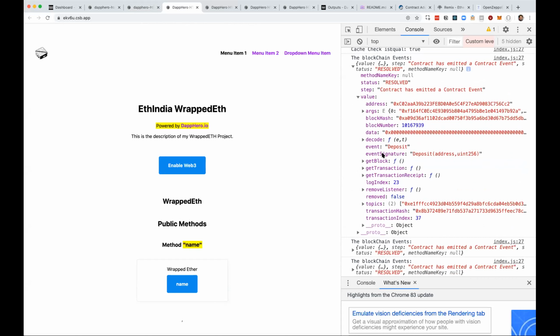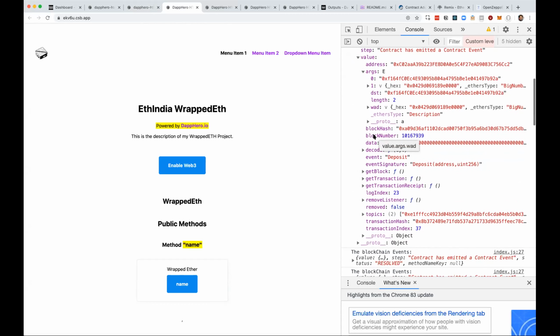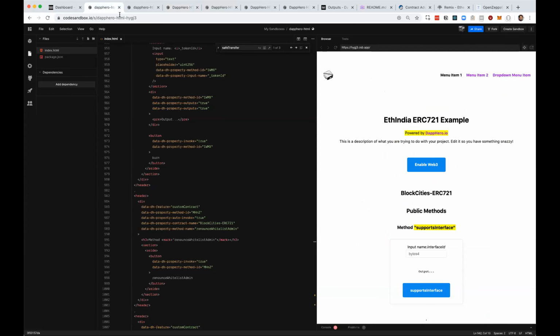We'll see that the event was deposit. So somebody deposited money into wrapped ETH. And these are the actual arguments, which is the address that deposited and the amount that they deposited as a big number instance, right? So this is really useful if you want to add some sort of dynamic information